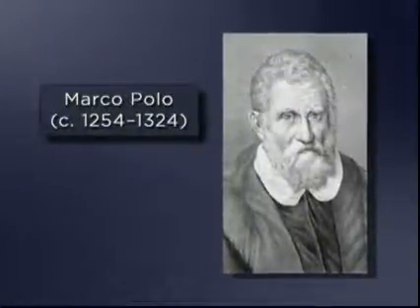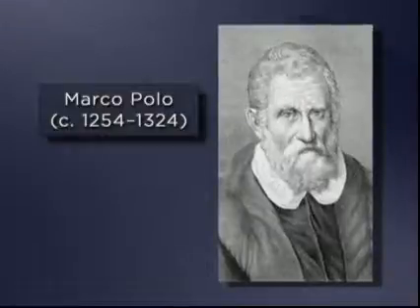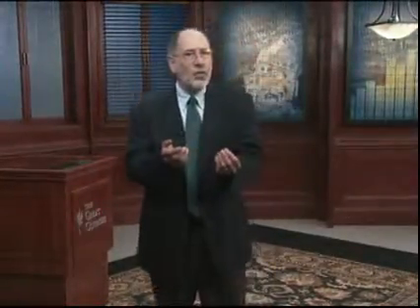Marco Polo found money printed on mulberry bark in China in the 13th century. In the West, London goldsmiths gave receipts for gold deposited with them, and those receipts functioned as money in the 17th century. The use of paper money lowered exchange costs, since it was a heck of a lot easier to exchange warehouse receipts than the actual deposits. For one thing, the receipts were for a particular quality and quantity of gold, and the receipt actually said that. If you handed over the gold, you'd have to weigh it and assay it again.